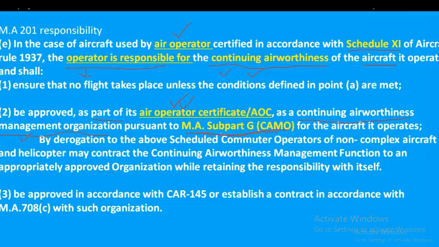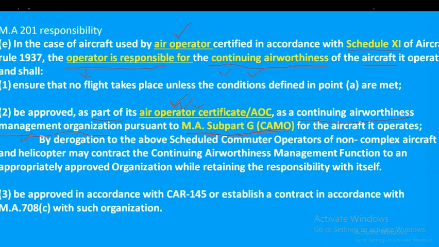In this case, the approval is taken by the operator as a continuing airworthiness management organization. So the CAMO organization's approval is part of the air operator certificate. It means that the air operator certificate directly depends on CAMO's approval, and the CAMO organization's approval directly depends on the AOC. If that operator fails to maintain the CAMO organization's approval, then the AOC is also cancelled by DGCA automatically. If that operator fails to comply with the air operator certificate requirements, then DGCA also cancels the CAMO organization's approval. Okay, so